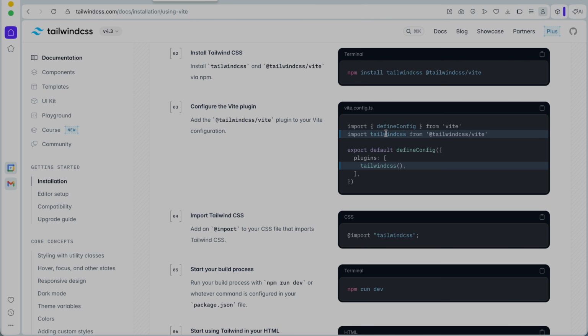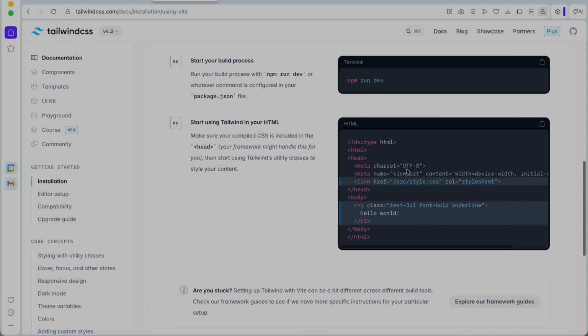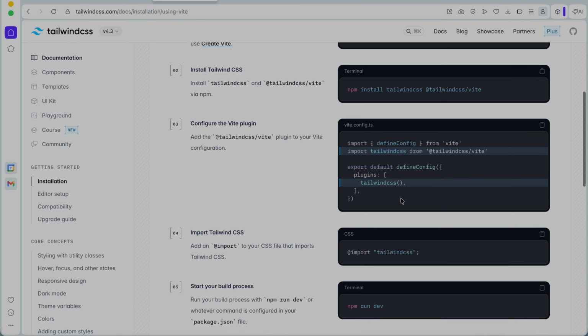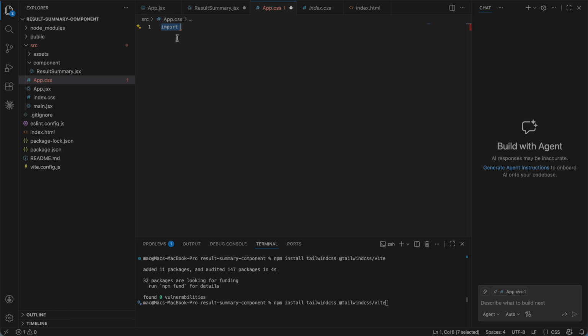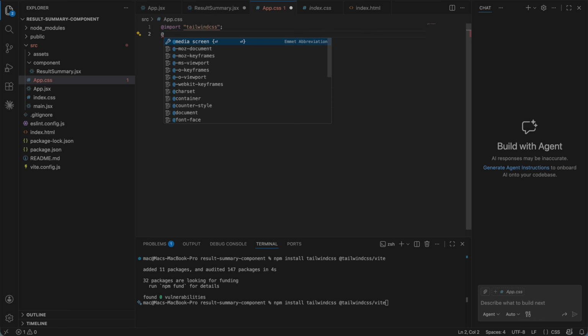Let me just go back. Okay, we just did this. Add import CSS. Okay, we import that. So we're going to use a theme